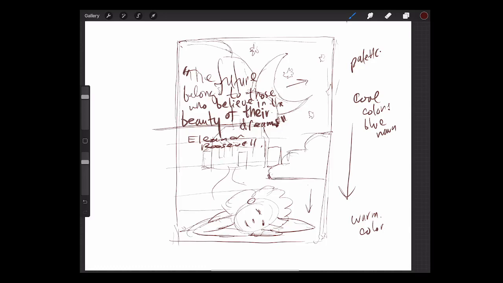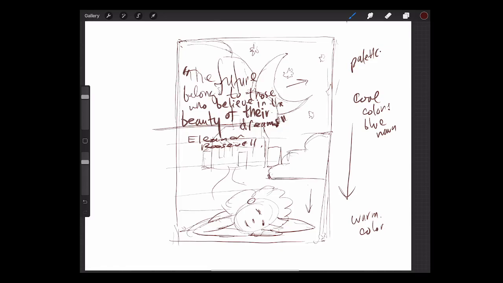You could make some of the words like future, beauty, dreams a little bit larger to make them stand out. Do a little composition with your typography within the piece, a way of integrating the typography with your illustration in the background. So this is one idea, and the challenge of the process is to have patience and put the time in to explore different ideas.